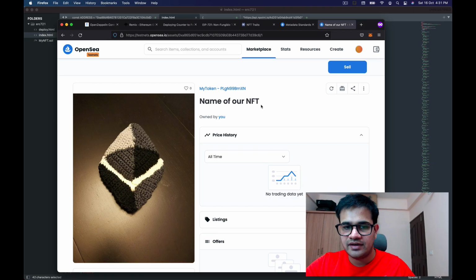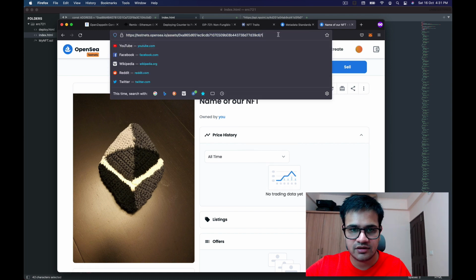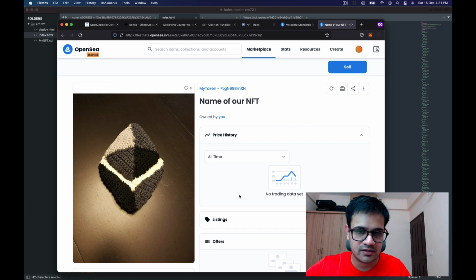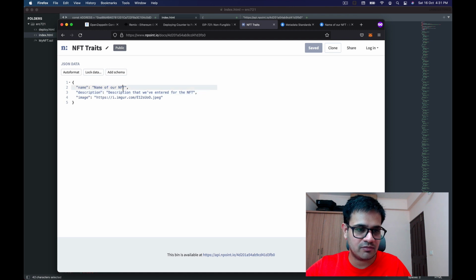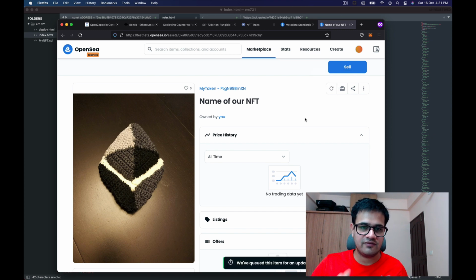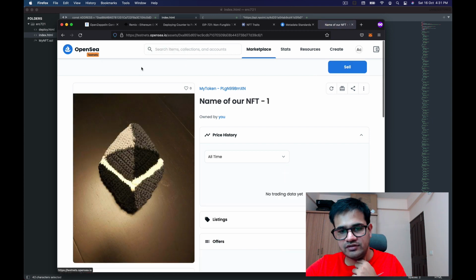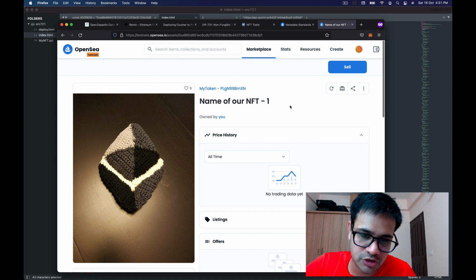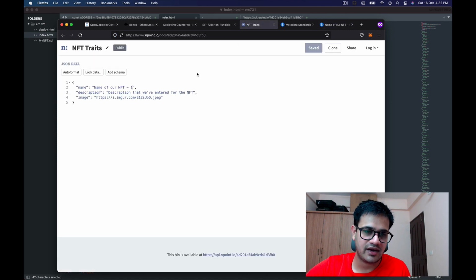So once I minted the whole NFT on Rinkeby again, this is the address and this is the token ID, and you'll see that everything is coming over here. One thing that is cool is that I can just change the name of our NFT to add -1 and then press save. The endpoint doesn't change, so I'll go here and refresh metadata, and I think in a couple of minutes it will fetch the right value and show it. So I just had to refresh once after a minute, and here it is. It shows -1, the change that I had basically done.